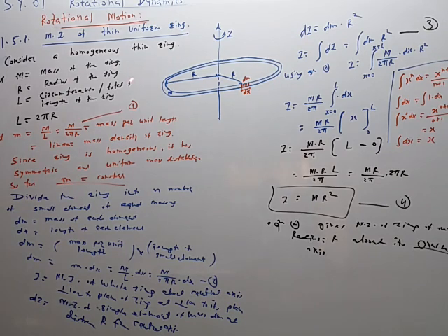To cover the whole ring you have to change the value of x variable from 0 to total circumference capital L. So limits are x is equal to 0 to x is equal to L. In this case x is a variable. So integration of dx is equal to x. How? That we have proved separately.